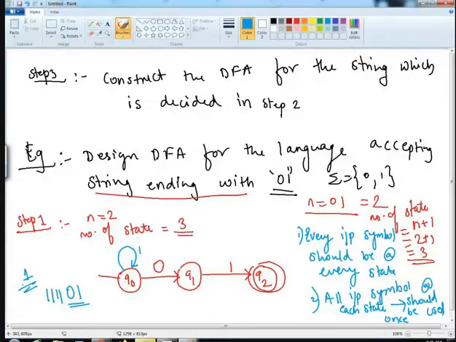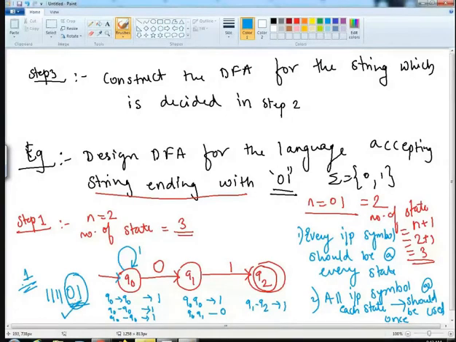So what will happen? With this Q0, what will the machine do? Q0 has a loop with 1. So Q0 to Q0 for one input, again Q0 to Q0 for one input. Like this the machine will stay in the loop 4 times. When it gets 0, the machine will move from Q0 to Q1 with 0 and from Q1 to Q2 with 1. So you can see the substring is 0 1, and this is accepted.